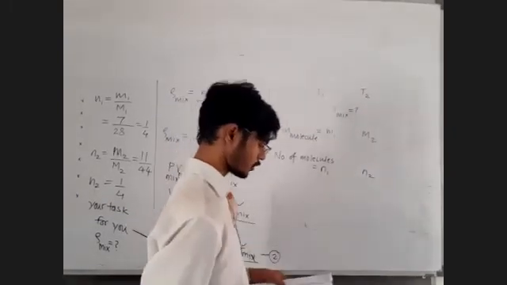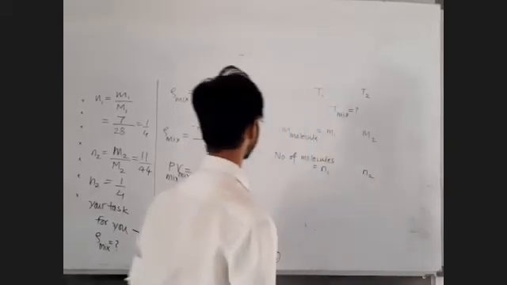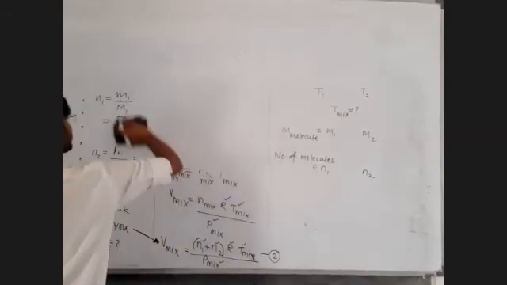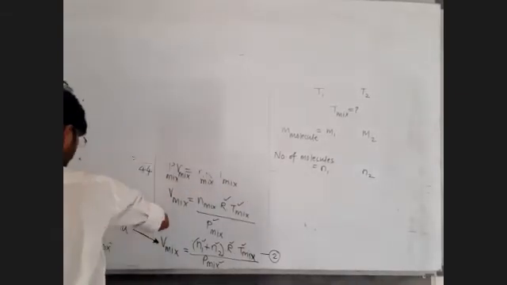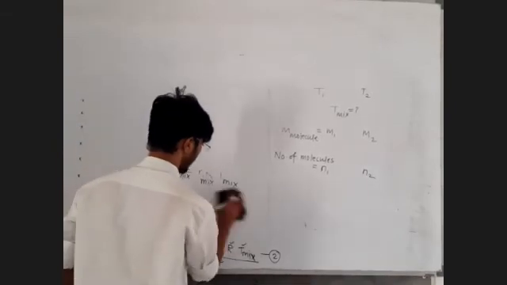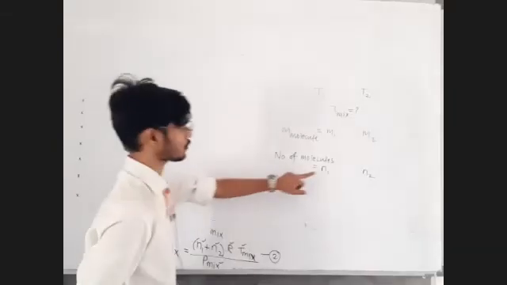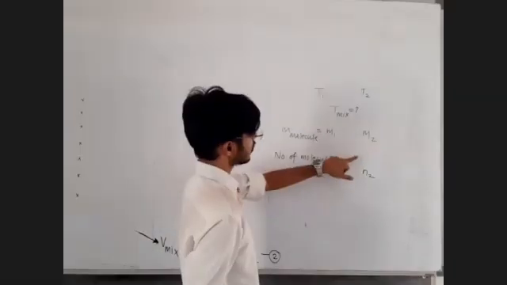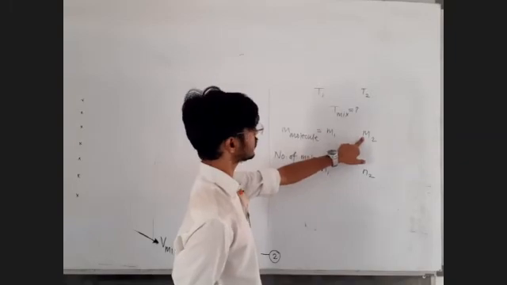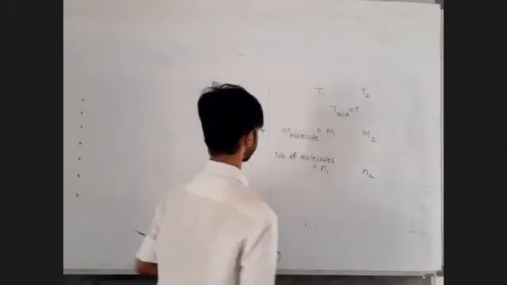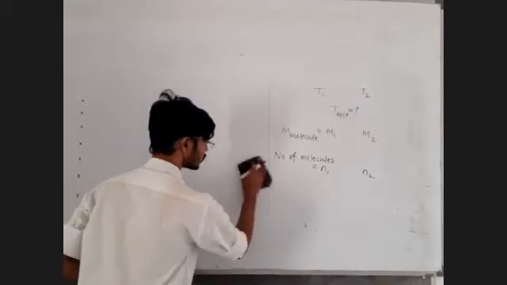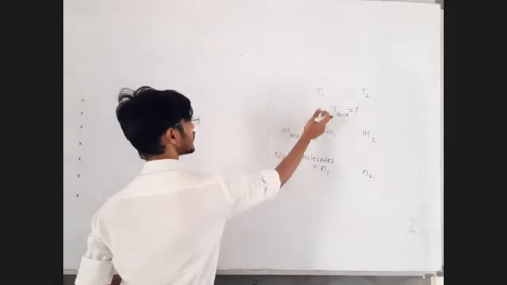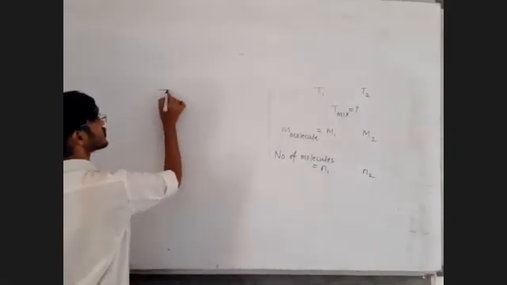So what shall we do? We are asked to find out the temperature of the mixture. We are given two gases in which number of molecules and mass of each molecule is given to us. Number of molecules in the first gas is n1. Number of molecules in the second gas is n2. Mass of a single molecule is m1 here and m2 here. Now to tackle such kind of questions, see what is the method. Very simple thing it is. You are given two gases and you are asked temperature of the mixture, so you shall go with this.